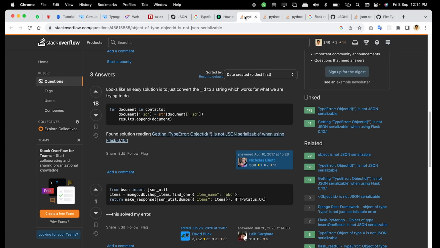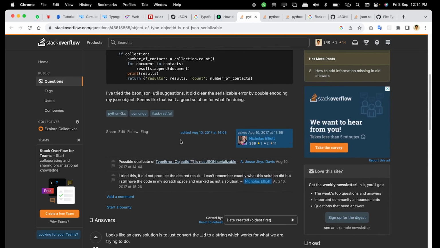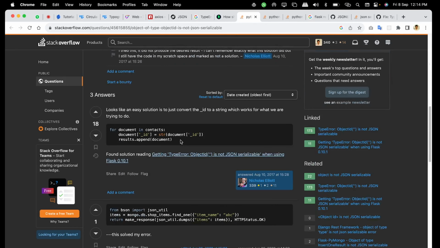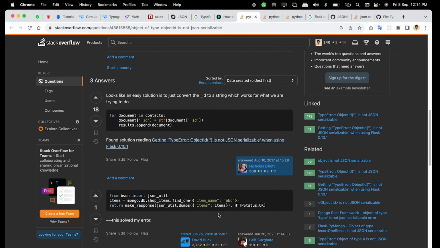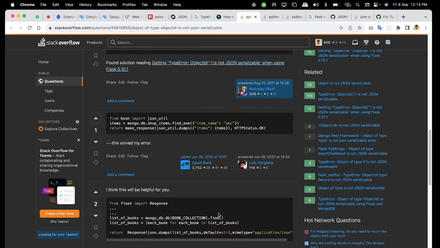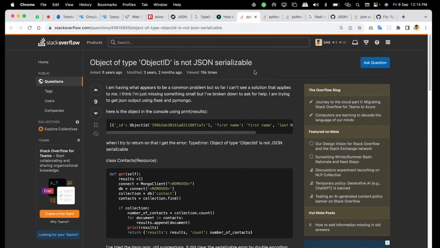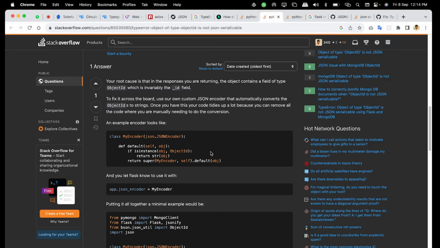So when we try to solve the problem, first we got some results related to how we can attach a custom encoder. Okay, this one is not there. Maybe we can go here. Yeah. So what they are trying to say is they pass an encoder, and they are also checking whether the object ID exists or not. Whenever the object ID exists, they convert it to a string. But the only problem,